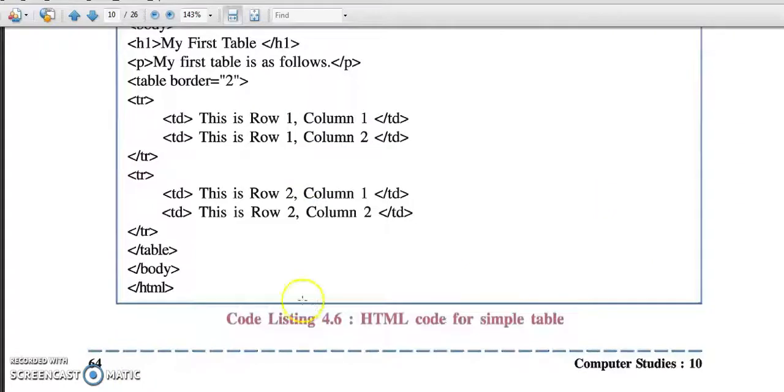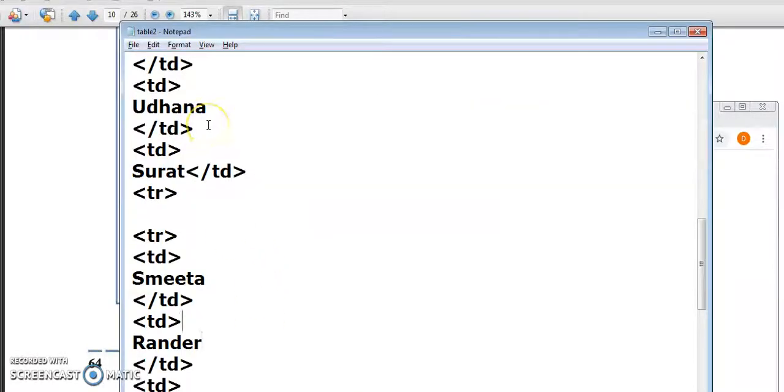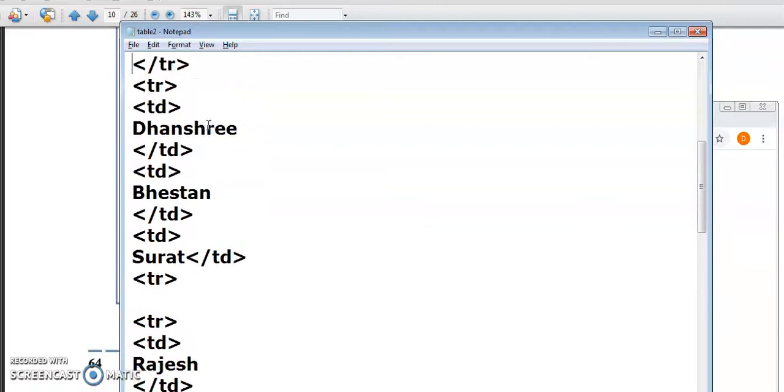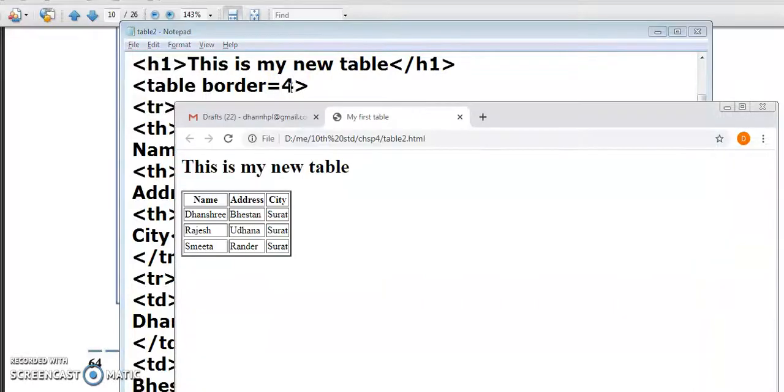In our textbook they give table border equal to 2. If we change the table border value, the border will change. If I set the table border to 4, see the change in the border.